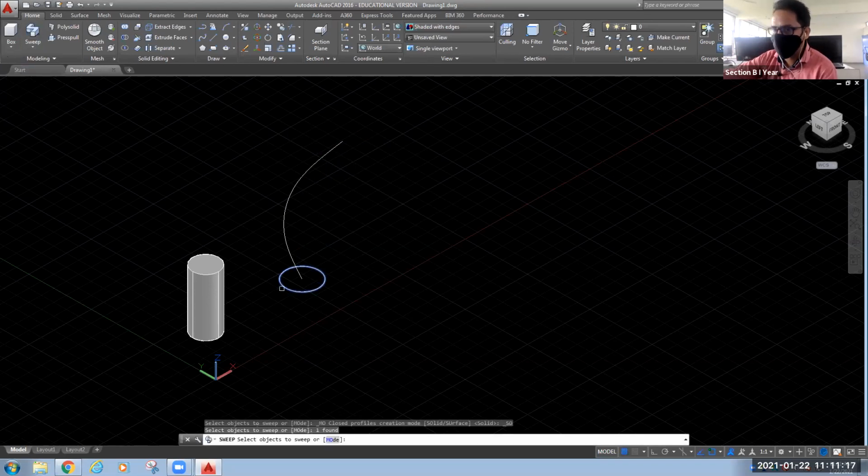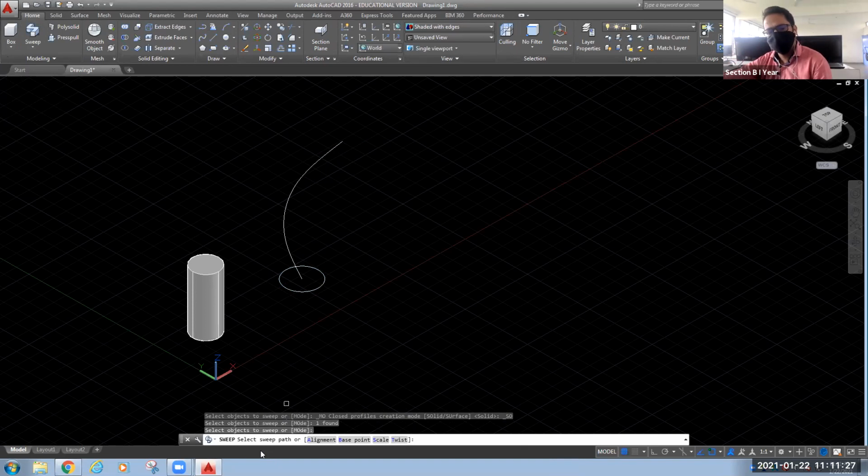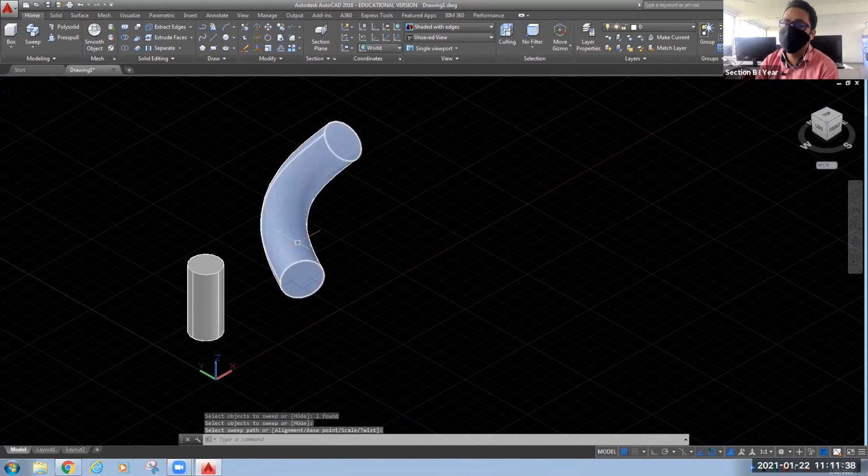First you have to select the object which you want to sweep, then press enter on your keyboard, and then select the path. For every step, you can see in the command line what it is asking. Here it is asking you to define the path where you want to sweep it, and you will get something like this.